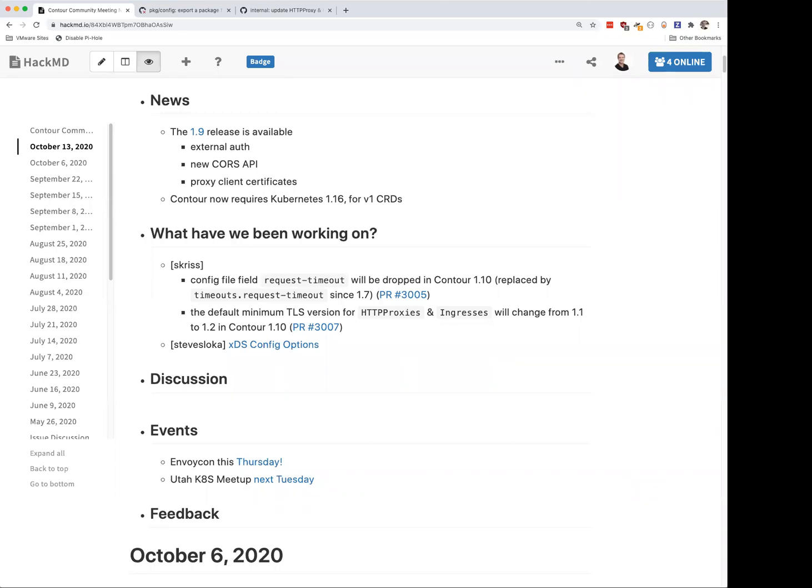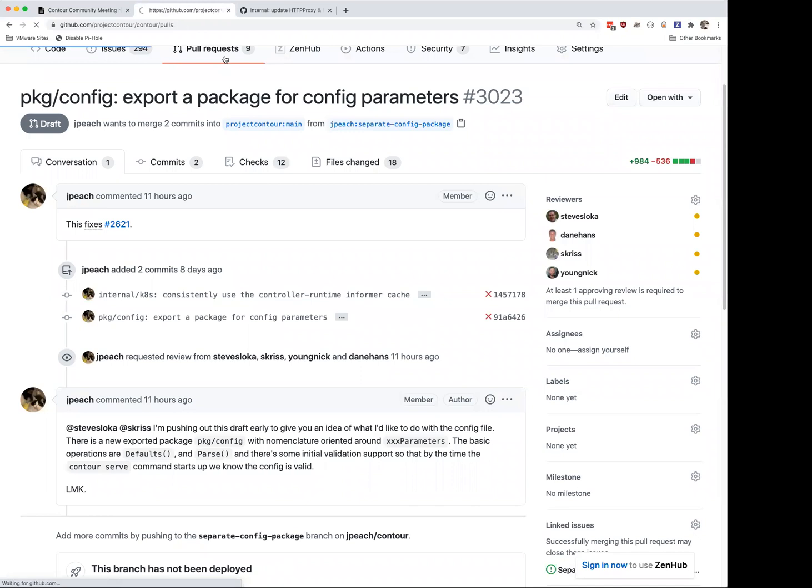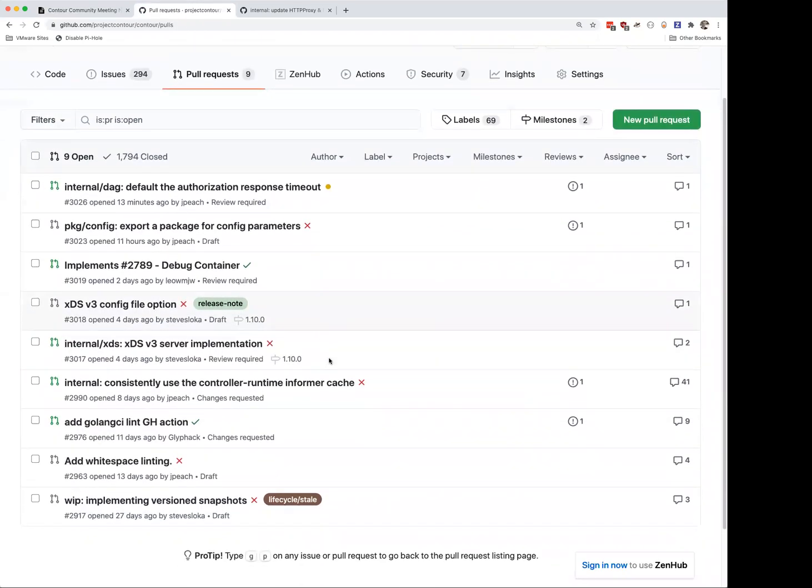Stevesloka, I did want to circle back with you on the Contour operator issue 6 around creating an image repo. You mentioned that the project uses GitHub Actions that push PRs with a tag, and you asked if that was a workflow that we wanted to use for Contour operator, and we'd definitely like to take advantage of that. So maybe when you have some free time, if you could help me out there or point me in the direction on how to take care of that.